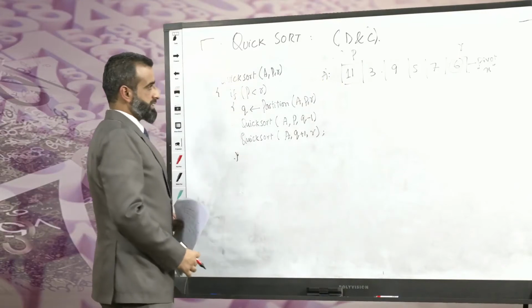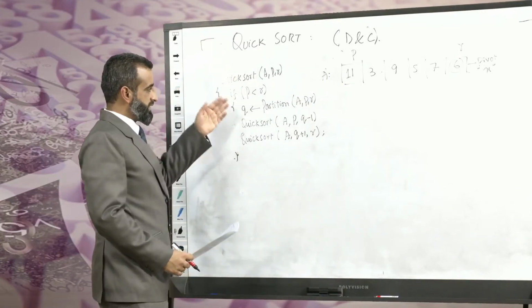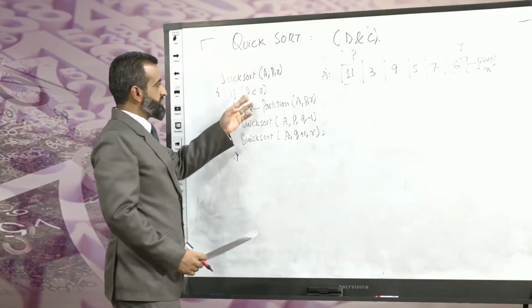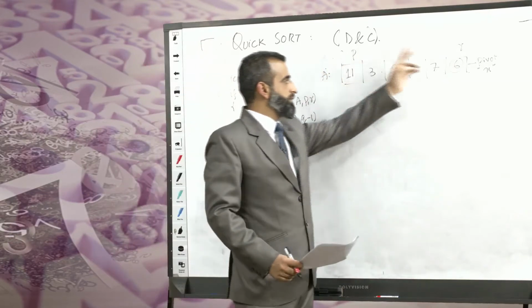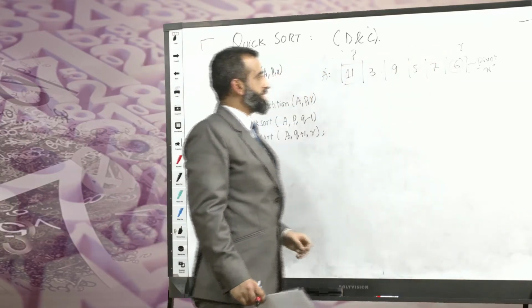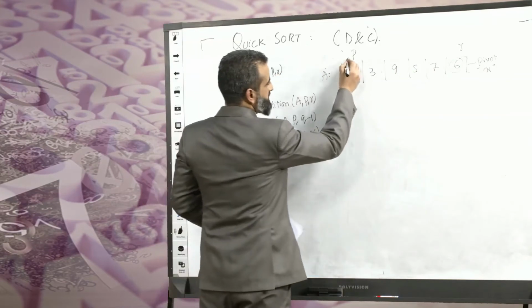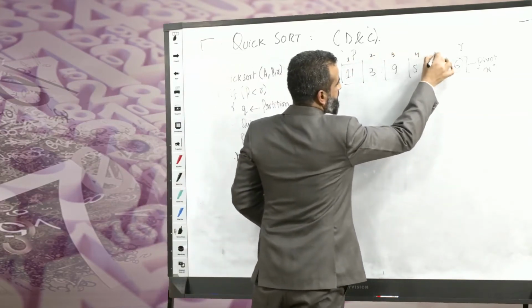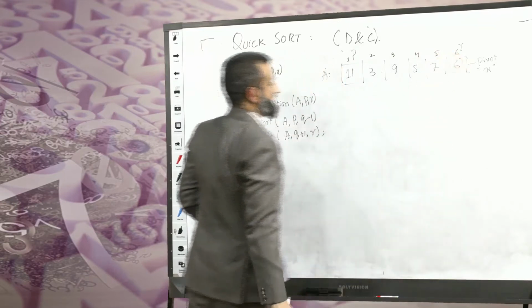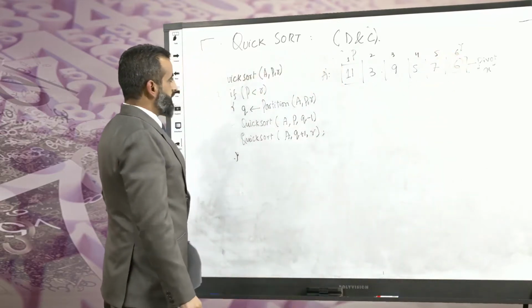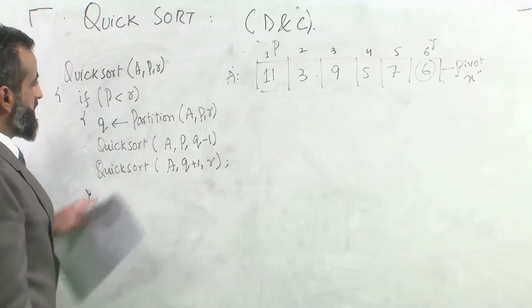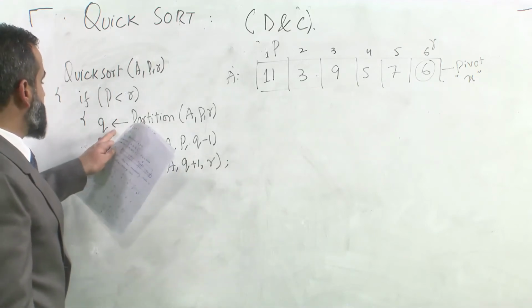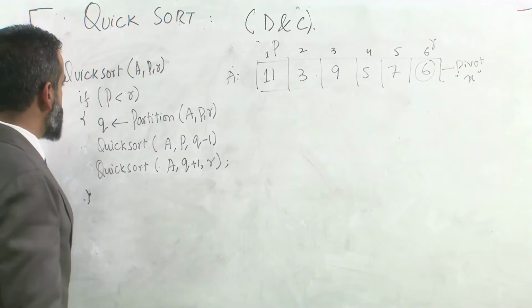Now in this case, I need to find out whether I need to make those partitions or not. So I am testing for P and R. Is my P smaller than the R? P is actually pointing towards the first element, this is my second element, third element, fourth, fifth, and R is pointing towards the sixth element. So once I see this, I make a call to the partition function,